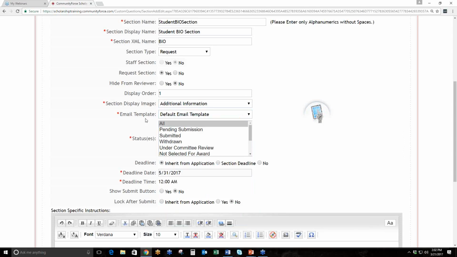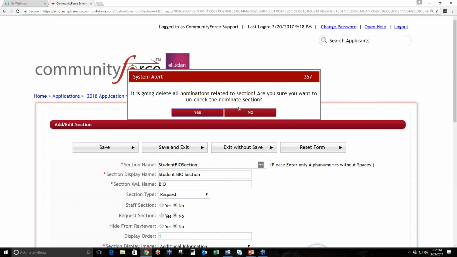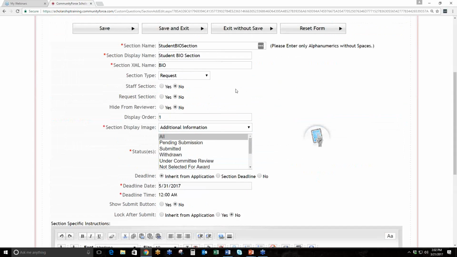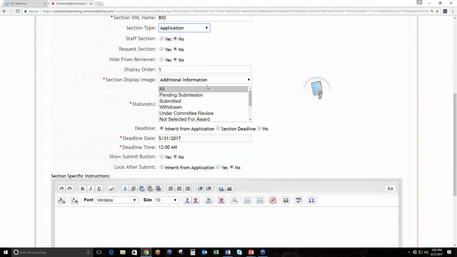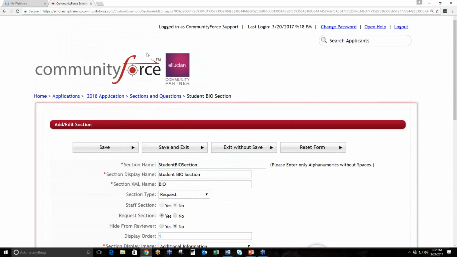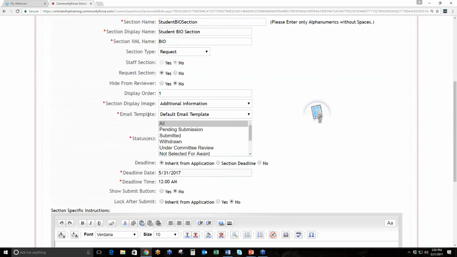Now, email template. If this is not a request section, it's telling me I'm changing it, which is fine. If this was not a request section, this was an application section, you do not have the ability for an email because there's no need for an email at this stage. However, when you make a request section and you say yes to a request section, you will notice there's an email template that appears. And this, of